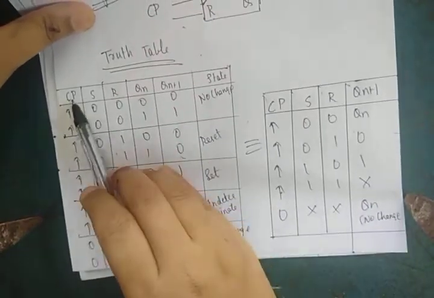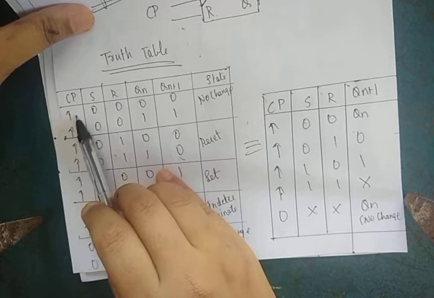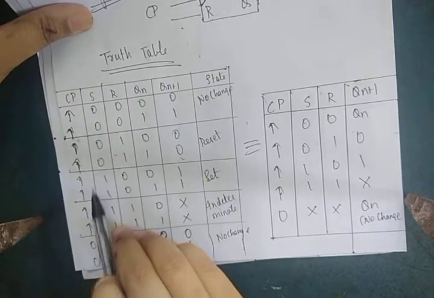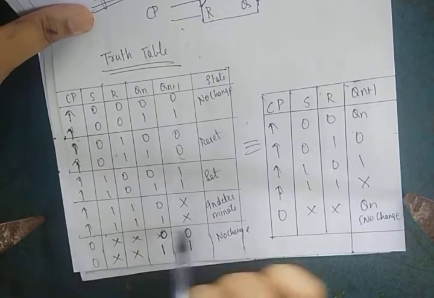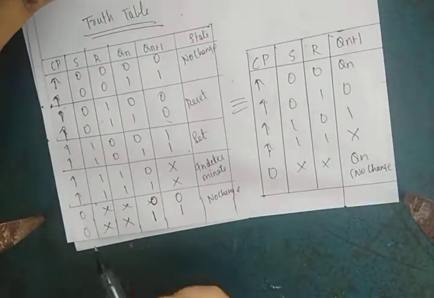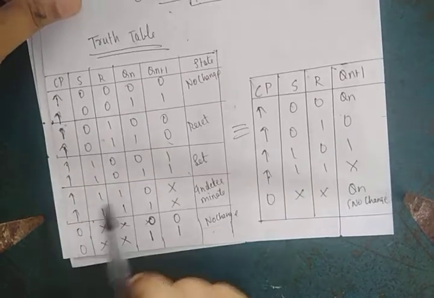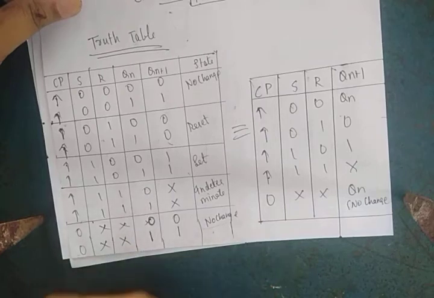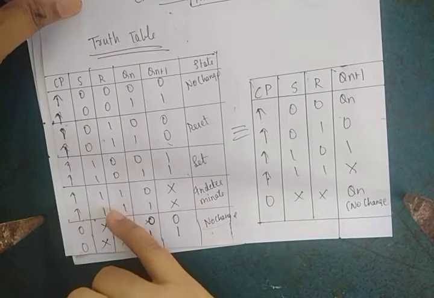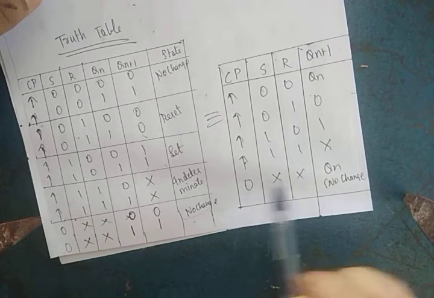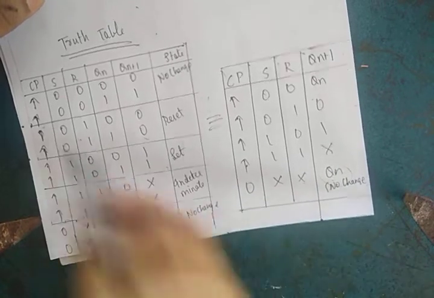Coming to the truth table, everything is the same except enable. In the latches, we used to use enable, whereas here you can put this arrow mark up. What does the arrow mark up indicate for us? Clock. Until I give a clock, our system won't work. Imagine if I don't give any clock, what happens? No change will be there; the previous state will be retained. Similar to enable: as we know, in latches, if enable is given, then only our system works. Whereas in this case, if we don't give a clock, our system doesn't work. Similarly, same truth table: if I give a clock, then our system works. If I don't give a clock, the system doesn't work. It will retain the previous state. No change state.